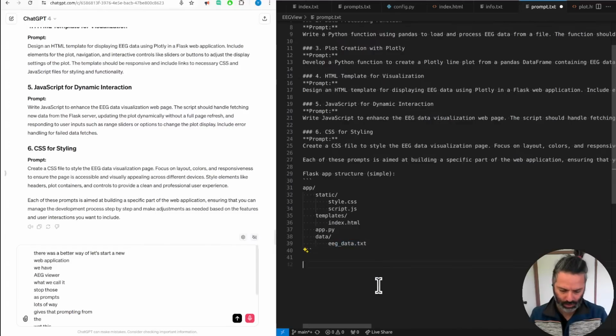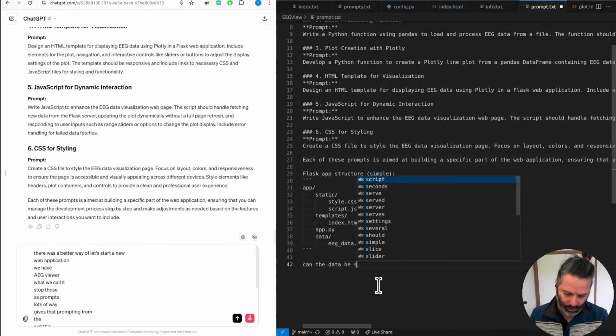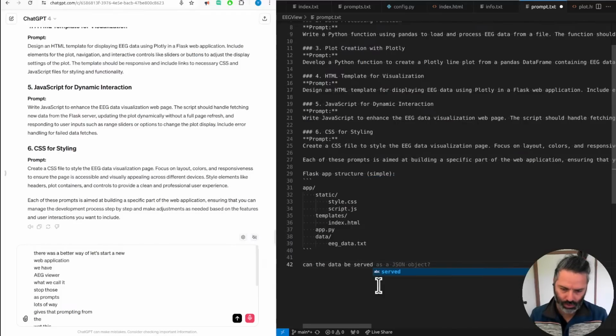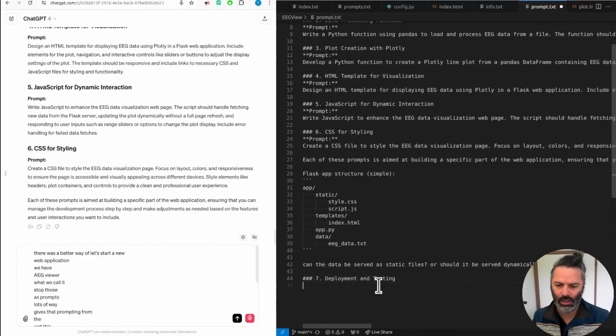So the data, can the data be served as JSON as static deployment? Yeah, it's continuing with the